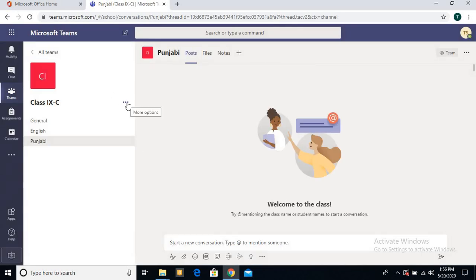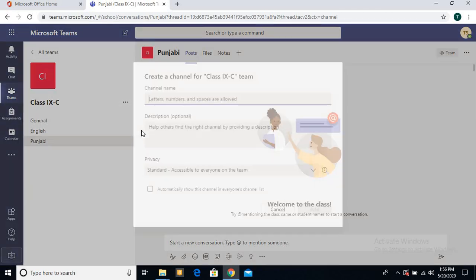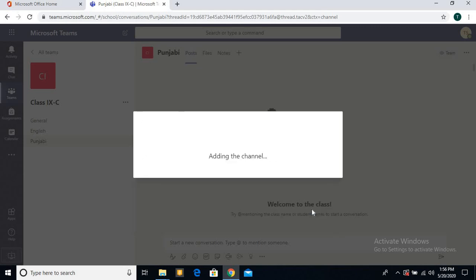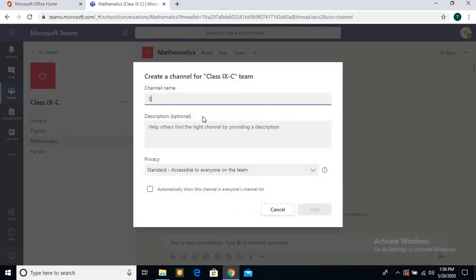Then we have add channel, maths or mathematics. It is also accessible to all, so add. Then I'm going to create one more channel, click add channel, then science.